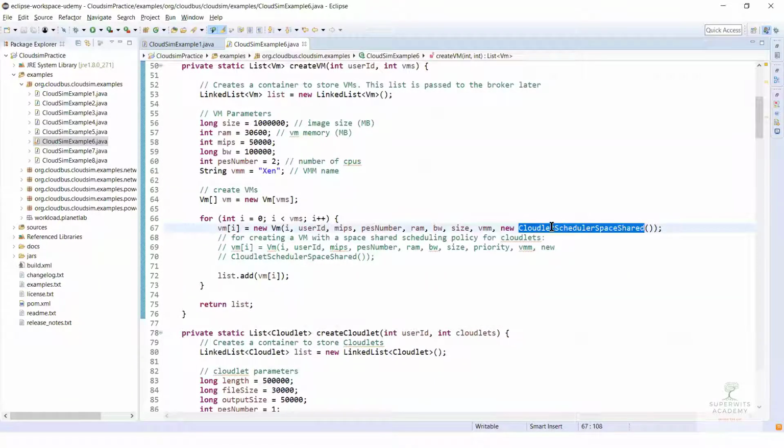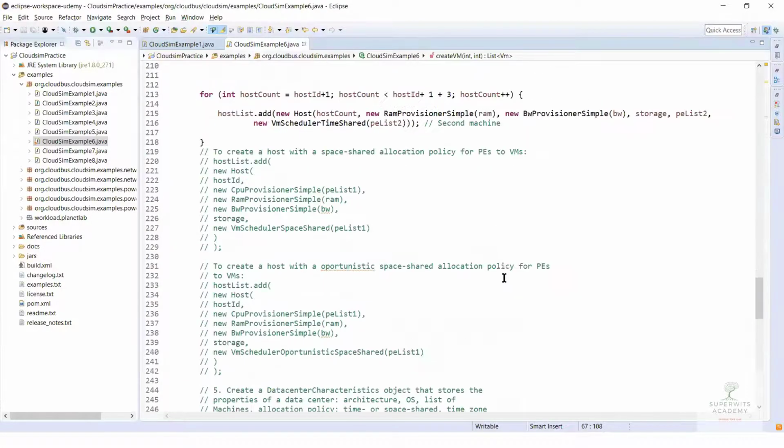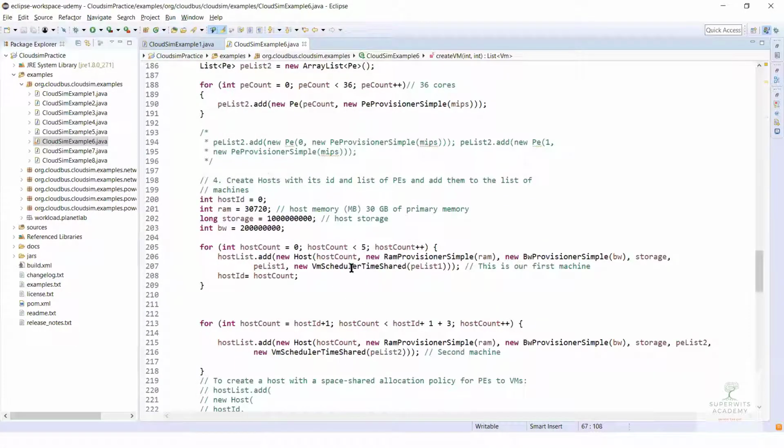One more point I want to make: we have done this cloudlet scheduler space shared, and we can also change our host scheduler policies to space shared as well, right? They will also behave in a similar manner.